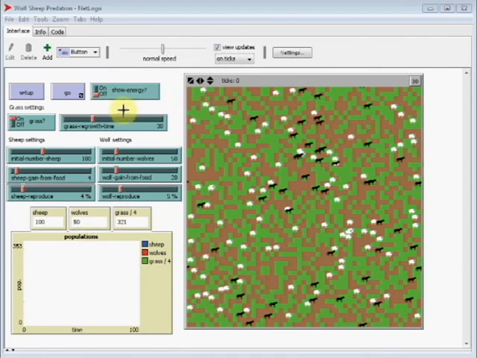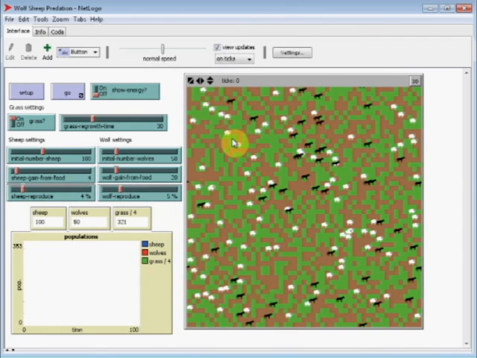Okay, so here's our NetLogo screen, and it looks quite complicated, although it's not that difficult to do. But in here, these are all the parameters that we've got. So one parameter is how many sheep you started with. Another parameter is how many wolves you started with. How much energy does the sheep gain from food, and so forth. So these are all inputs to the model. But for the moment,